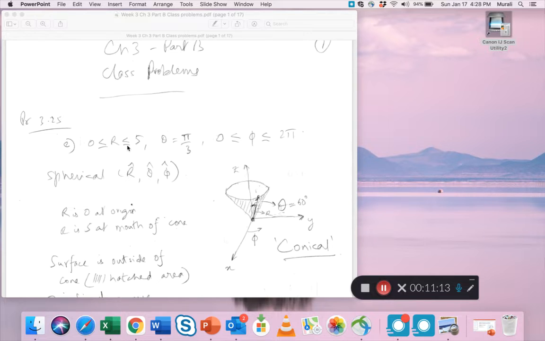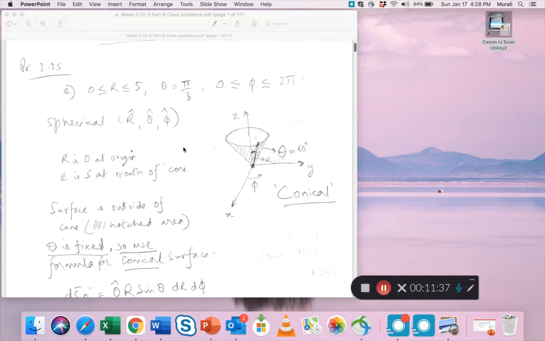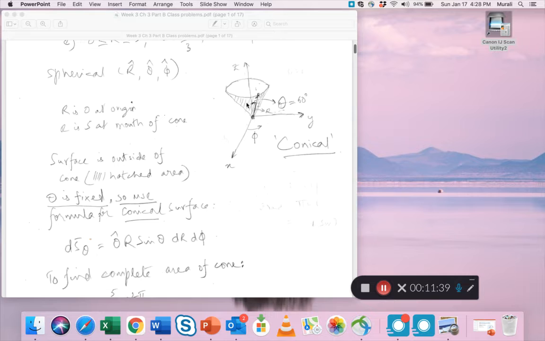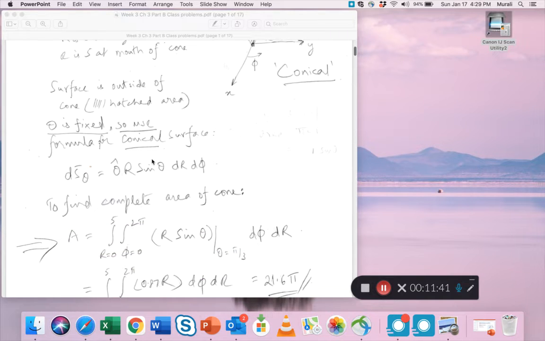The radius goes from 0 at the bottom to 5 at the top. And then the other dimension, phi, the angle, is a complete 360, that means you're going all around. So given these three pieces of information, this is how you sketch it, and then you apply the formula to find the right